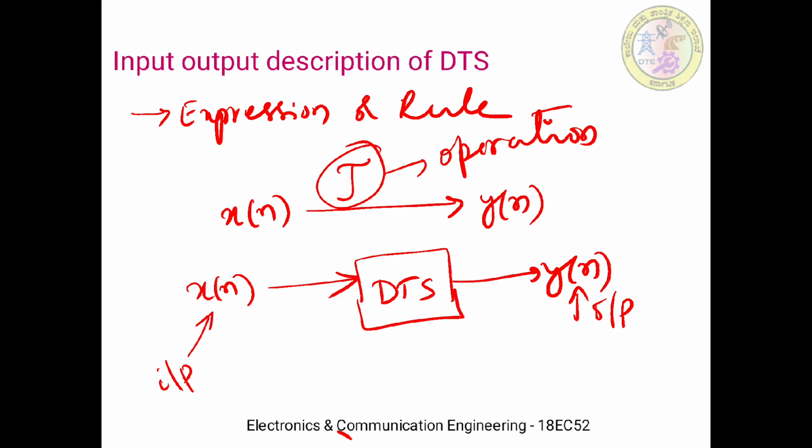Now let us take some examples to illustrate different systems. Here the meaning of system is nothing but an equation or a representation which shows some predefined rules. So for example,